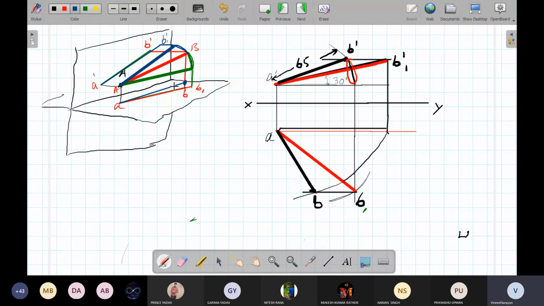So this experiment you can do at home also by considering floor as your horizontal plane and any wall as your vertical plane. You can use a torch for projection. If you have any doubt, you can ask. Otherwise, you can work at home, and please submit by tomorrow night.